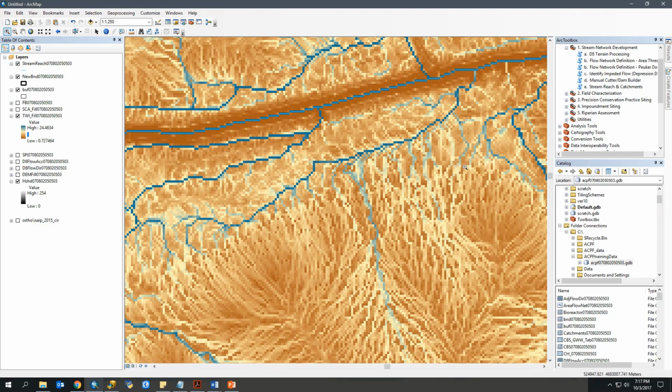And this results in slower moving flow, allowing it to saturate an area, like along a floodplain or throughout an alluvial fan. In the brown areas, we have steeper slopes and therefore less opportunity for soil saturation.